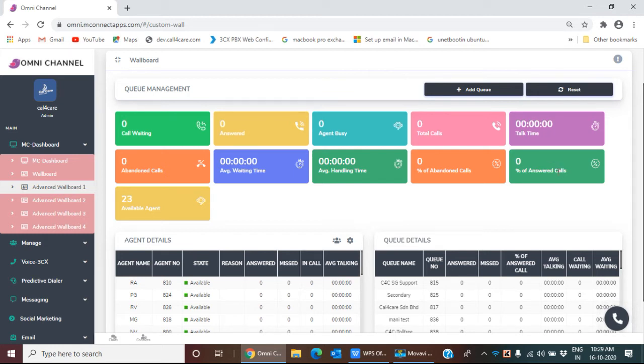time, percentage wise the answered calls, percentage wise the abandoned calls, the average handling time of the calls, the average waiting time. So the manager can get a quick glance of what is exactly happening with the queues, the agents, the inbound calls, the outbound calls, why the agents are not attending the calls, why the calls have gone abandoned, why the customers are kept waiting for a long time.